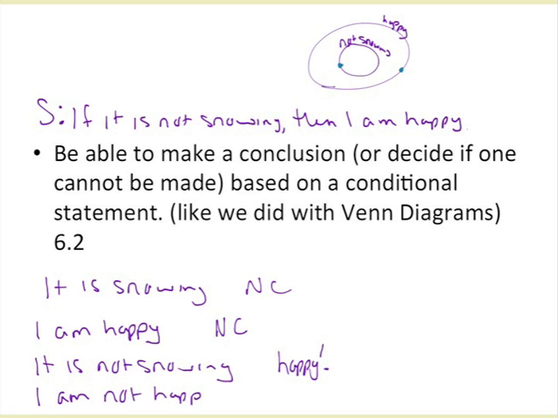I am not happy. No conclusion. And it's snowing. It could be snowing, could be not snowing. Why? I am not happy would be located where in our Venn diagram? Outside of everything. Not happy is outside of the happy circle, which means I am nowhere near that not snowing circle. So it's not not snowing, which means